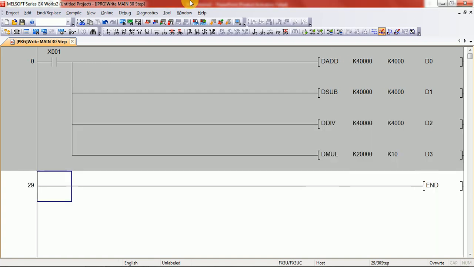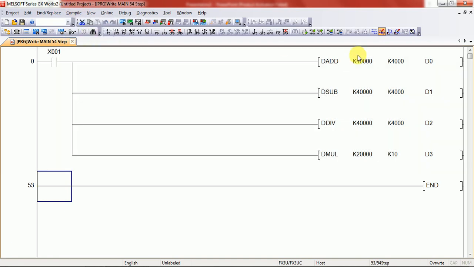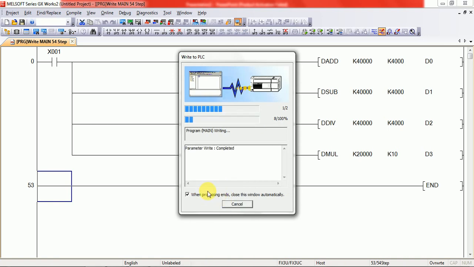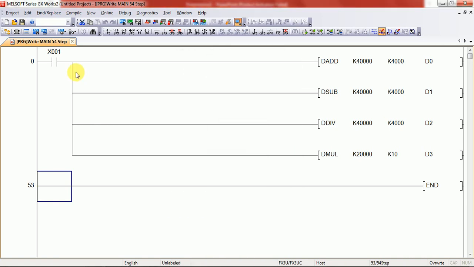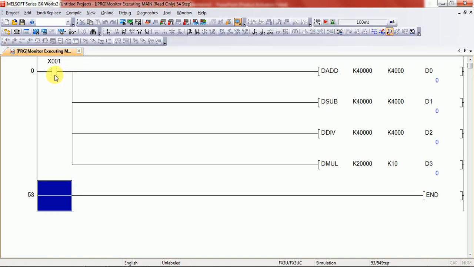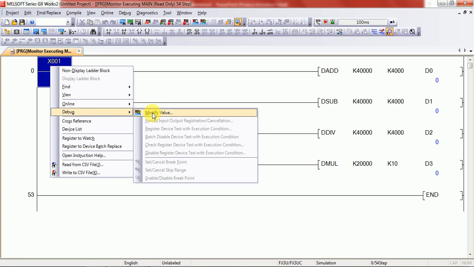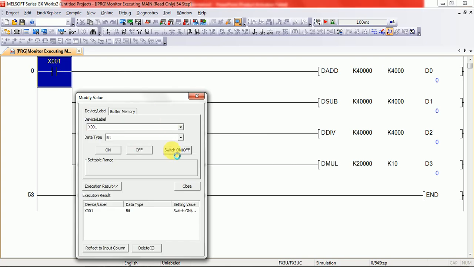Okay, now compile your program and simulate the program. And you can see not all the answers are correct.